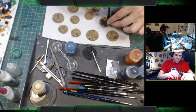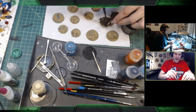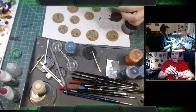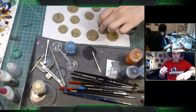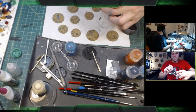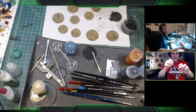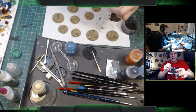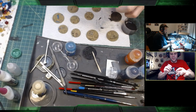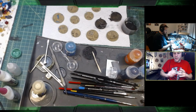Yeah. Well, we'll find out in another week or so. I mean, Josh says that the points have already been leaked, but I haven't seen anything. The only thing that I saw that was leaked was the points for the Indominus box set. Yeah, I didn't even see those. That's not really a leak because it's not a point change. I guess with the Necron Warriors you might be able to guess what's going to happen with everybody else, because of the points of the Necron Warriors, but